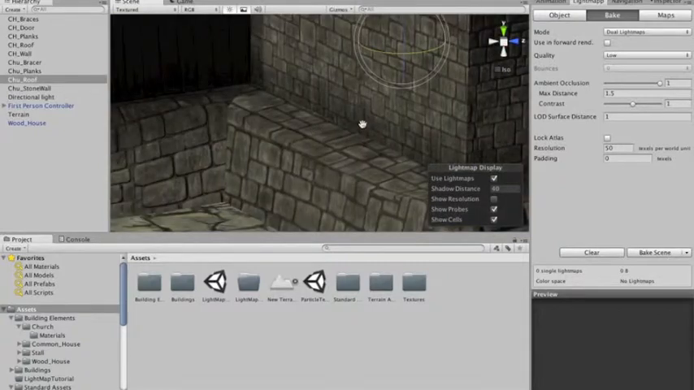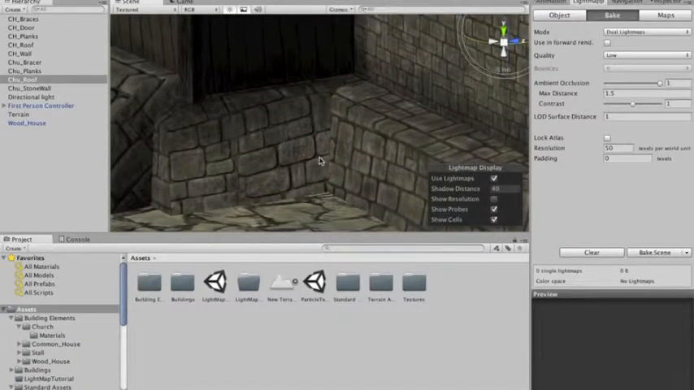So if you look at a building and it has a corner like this, this corner would normally actually have